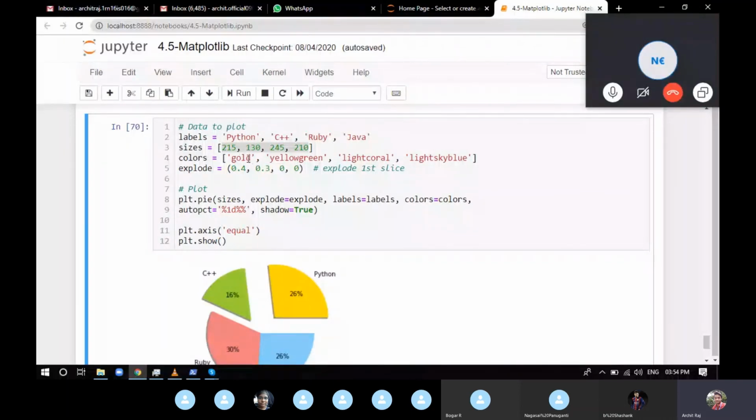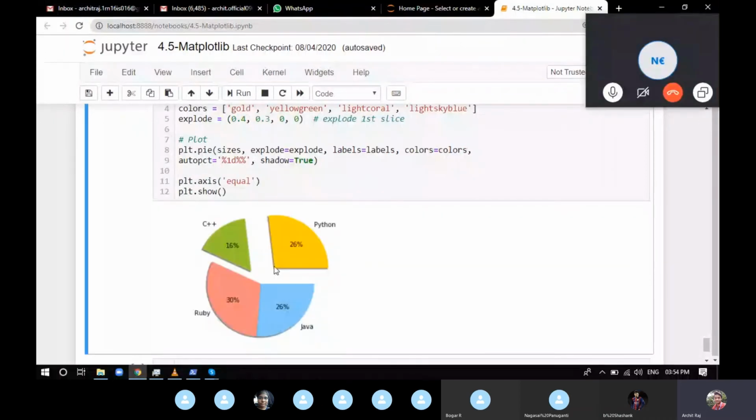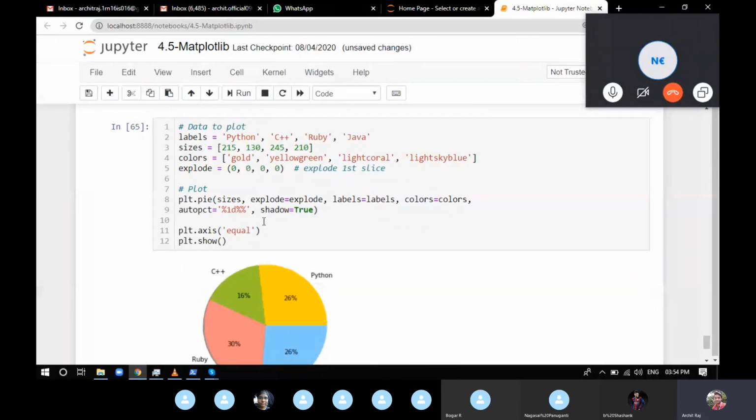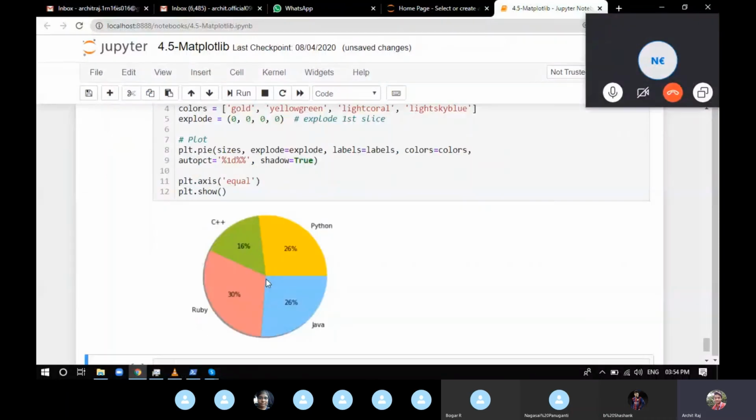Now explode. Explode tells you how far your pie slice is going to be from the center. Just imagine we set every explode to be 0. Now we can see everything is exactly inside the circle. Now we want the first slice, Python, to be a bit off from the center. So we provide a small explode of 0.5.